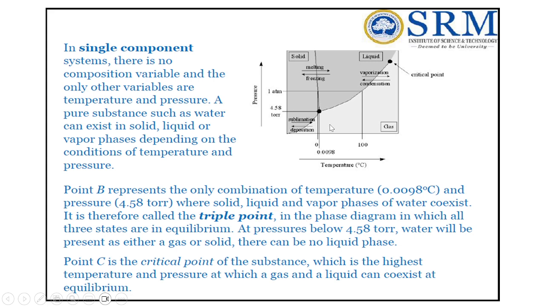This is the only point at which water exists in all three phases: solid, liquid, and vapor. So this is called the triple point. It is therefore called a triple point in the phase diagram, in which all three states are in equilibrium conditions. If you see, at pressure below 4.58 torr, water will be present as either a gas